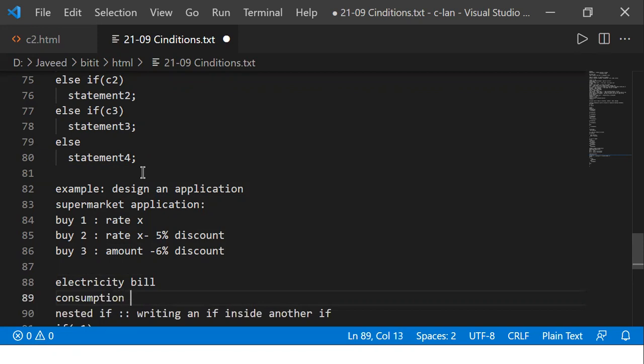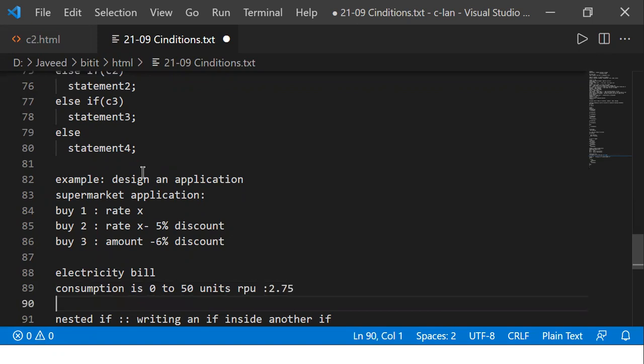If your consumption is between 0 to 50 units, then they say the billing rate per unit, the RPU, let us say I'll take some arbitrary value, 2 rupees 75 paise. Fine.